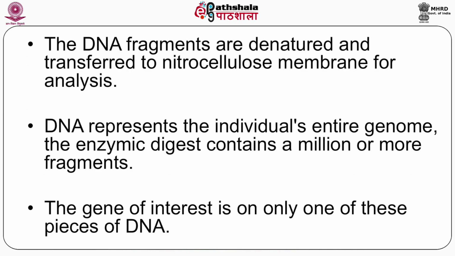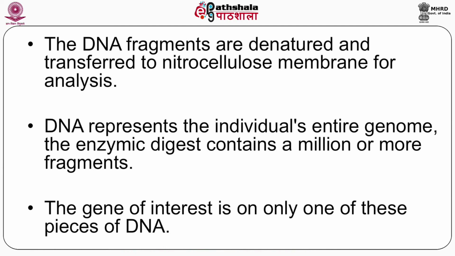The DNA fragments are first denatured. The reason for denaturation is that in the next step you are going to use a probe, and if the DNA is double helical or double stranded, the probe is never going to bind, because we can't form a triple helical DNA. So, in order to do that, you take the two strands of the DNA and separate them by denaturation. Once it is denatured, it is now single stranded DNA, and then it is transferred